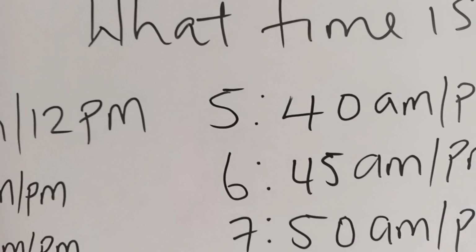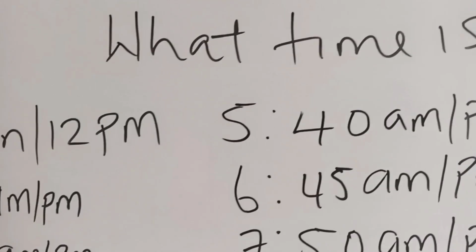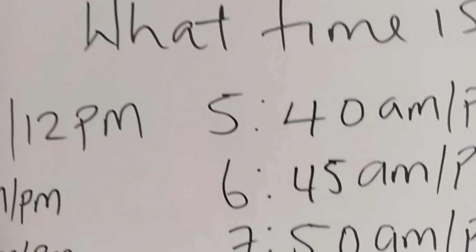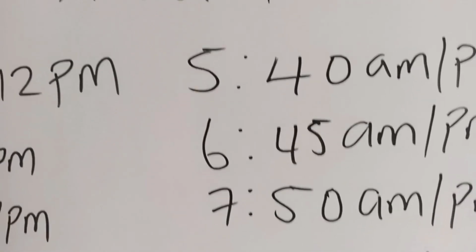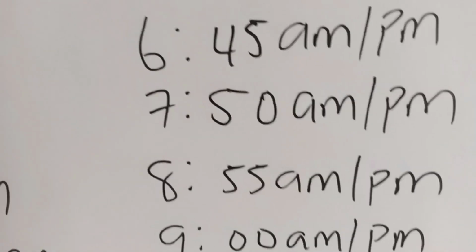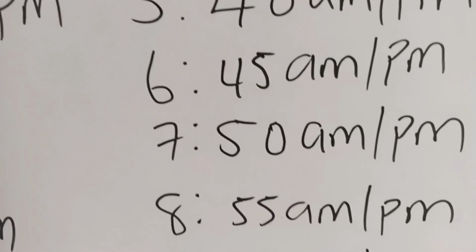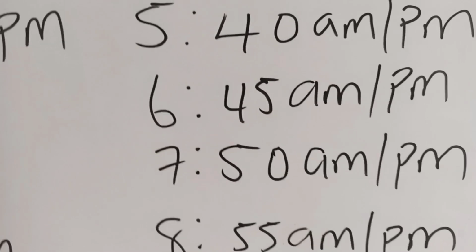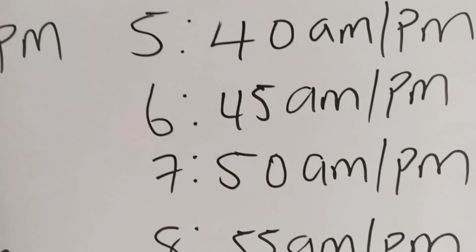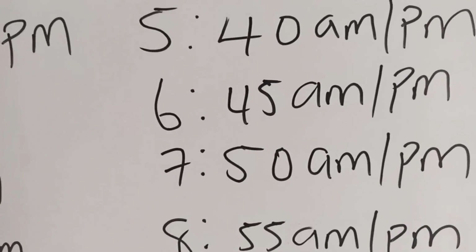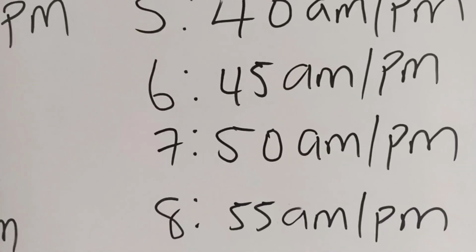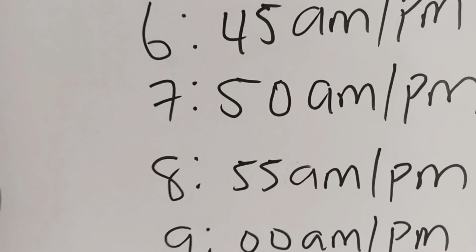7:1. 7:50 is 7:50. And you can also say 10 minutes short of 8 o'clock. That is 8:10. 8:55. That is 5 minutes short of 9 o'clock. You can either say 8:55, or 9:05, 5 minutes short of 9 o'clock.